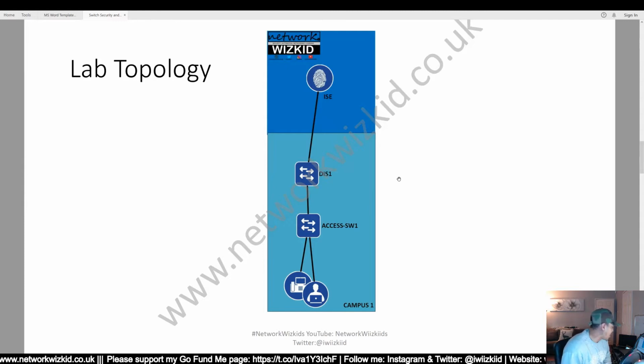CCNA routing and switching. Nice, the nice foundation step. Well, hopefully you've done enough studying to actually pass that. I'm sure you've been looking at resources online in terms of ways to pass the exam, whether that's been watching